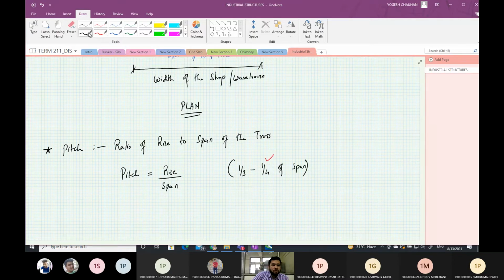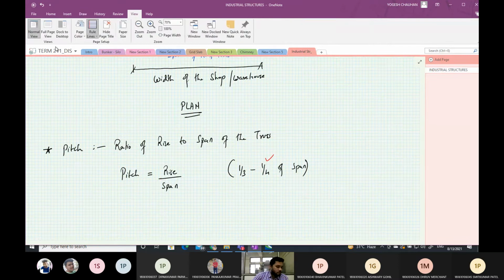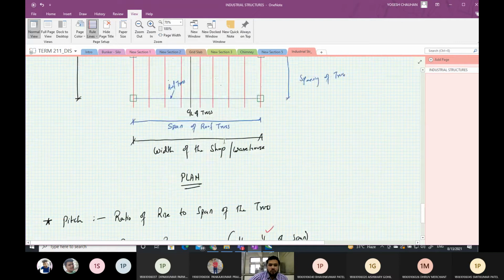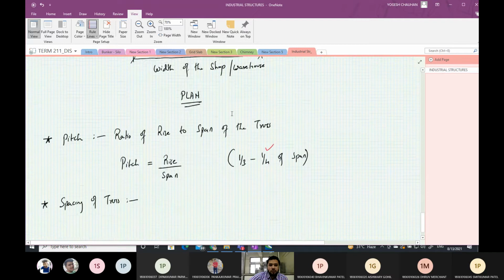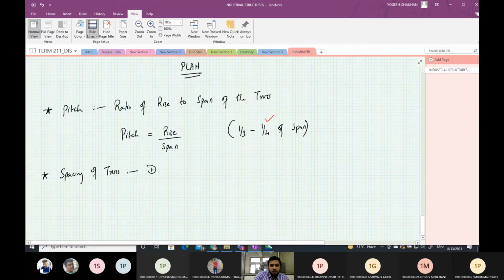Then another term is the spacing of the truss. It is the distance between two consecutive roof trusses.